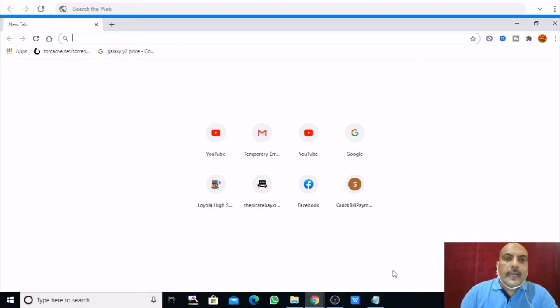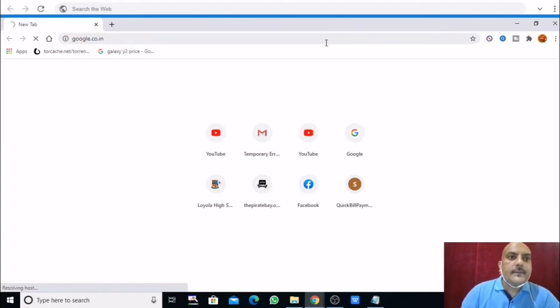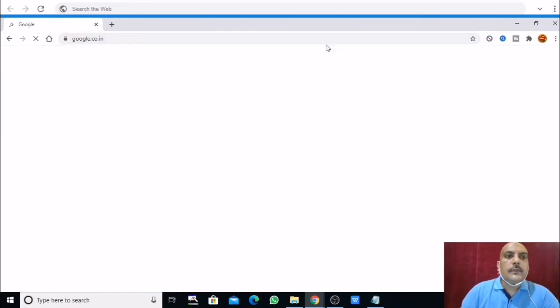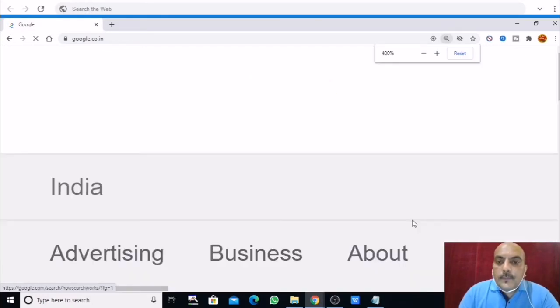Here I am showing you an example of internal and external hyperlinks. Google is written over here. When I click on this image, first of all see the pan symbol appearing.